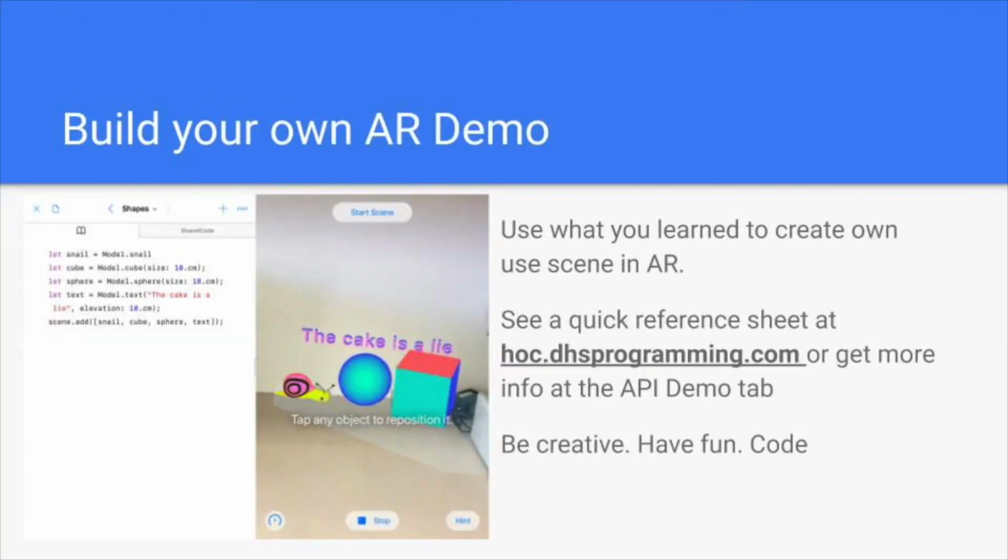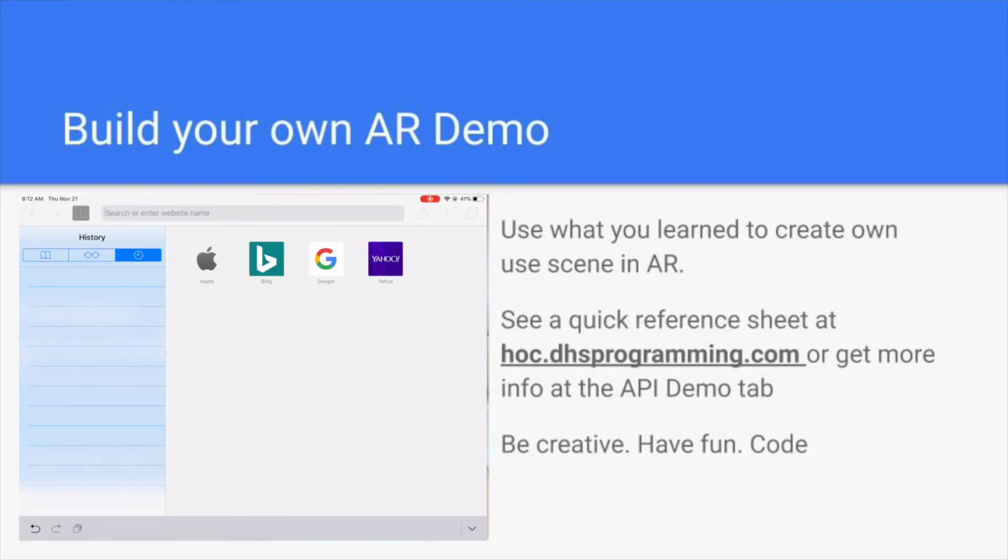Now that we have learned the basics of Swift Playground, you can create your scene. Try to tell a story and have fun with it. You can see a list of all the models and shapes and how to use them at the quick reference page at